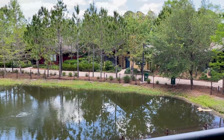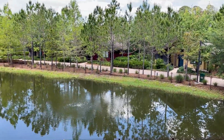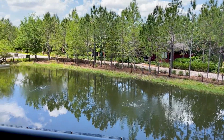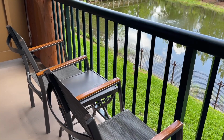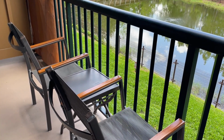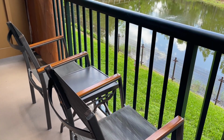And again, we are in a resort view room here. This used to be what was classed as a nature view room. So we're looking out over the Cascade Cabins. We've got a little pond in the foreground here. So standard DVC balcony. These are not the largest balconies that we've ever seen here on property, but this one, because of the way that it's situated, is nice and private, which I really enjoy. You've got your 2 standard chairs, you've got a small table,